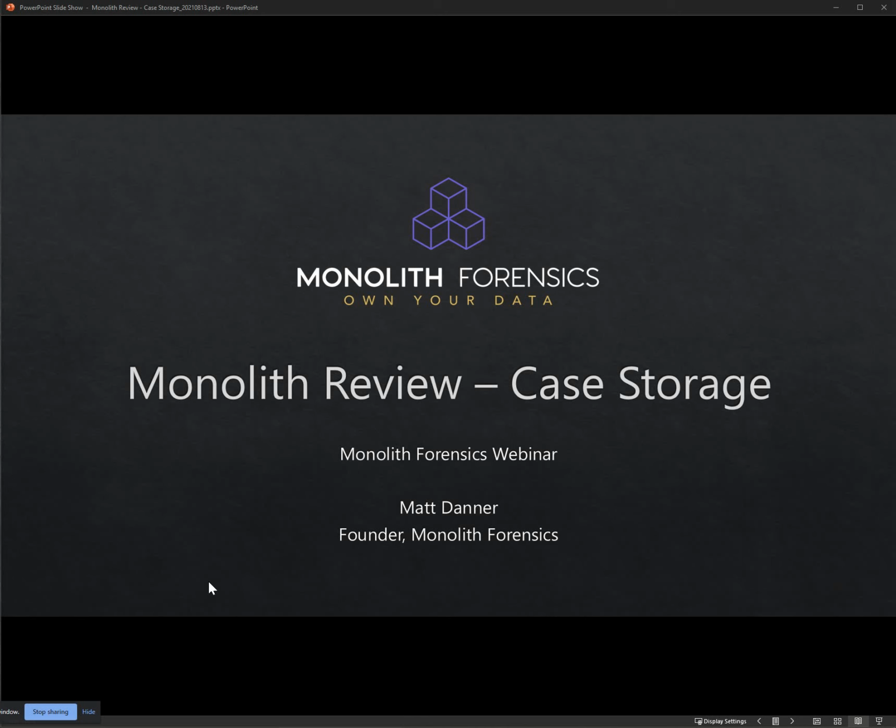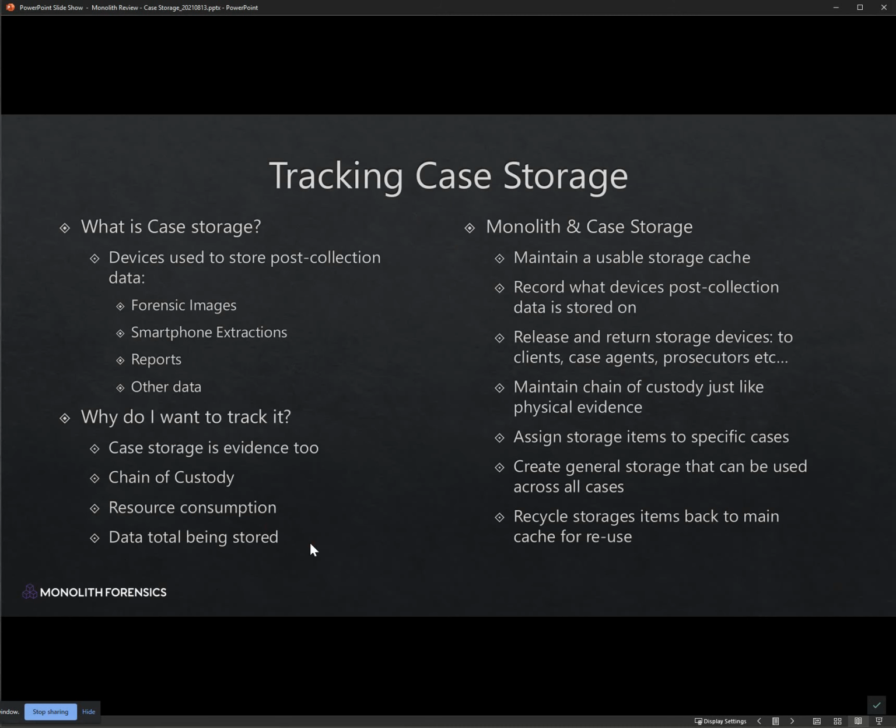We're going to cover the case storage feature of Monolith, and I'll go through the slides here. There's basically just two slides, so this won't take very long, and then we'll switch over to Monolith. But basically, what case storage tracking is in Monolith is a special feature inside of each case where you can track